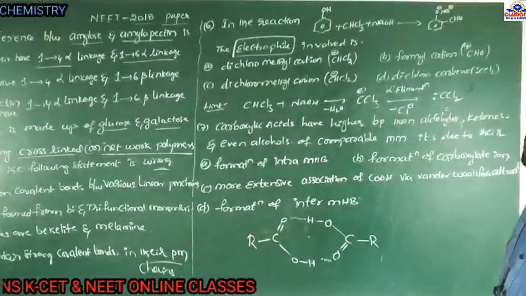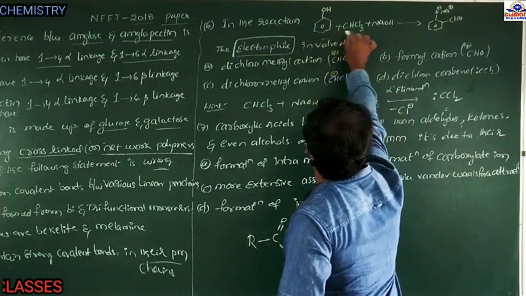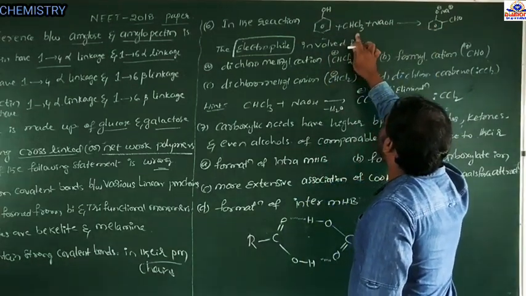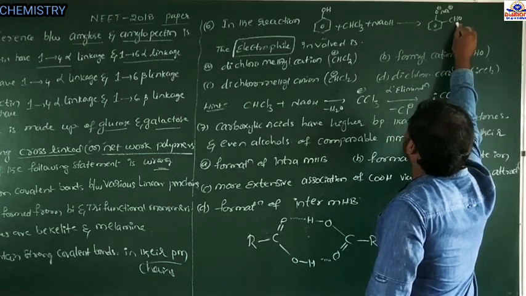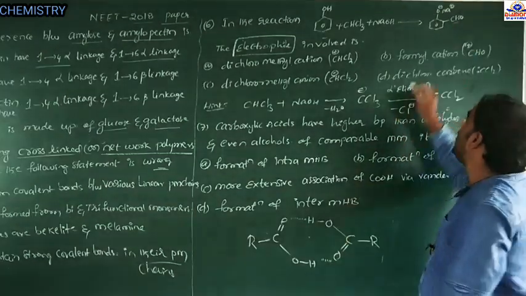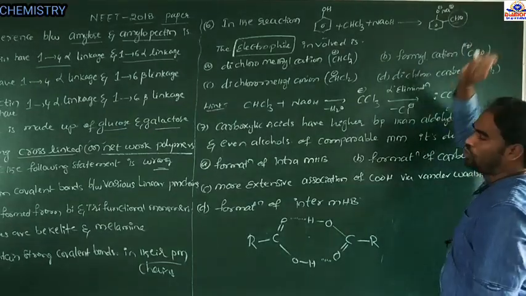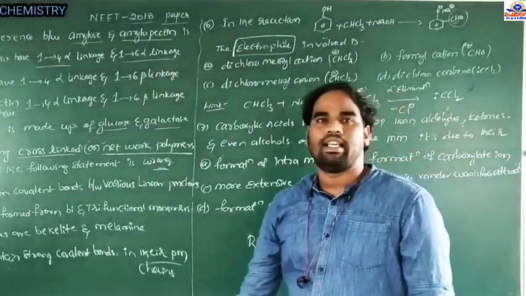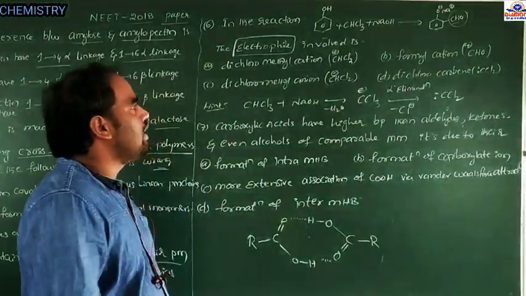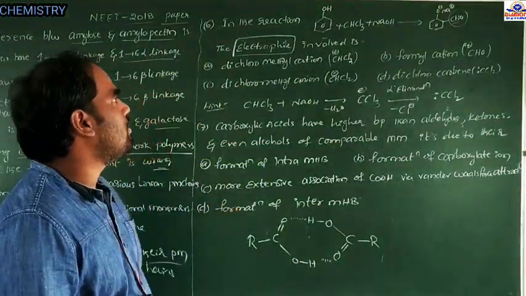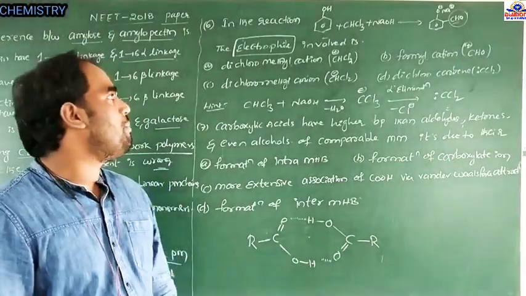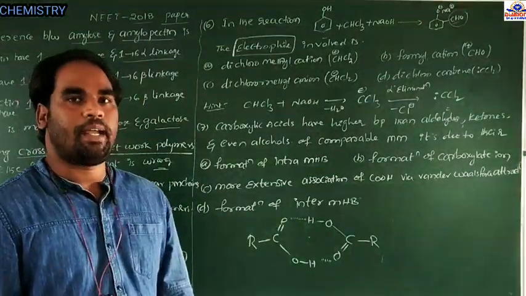See student, here phenol reacts with sodium hydroxide to give sodium phenoxide, and from the chloroform an aldehyde group, the CHO group, is introduced. Therefore, we expect the CHO group to be the electrophile. But that is wrong, because this reaction is called the Reimer-Tiemann reaction. Okay, so the name of the reaction is Reimer-Tiemann reaction.